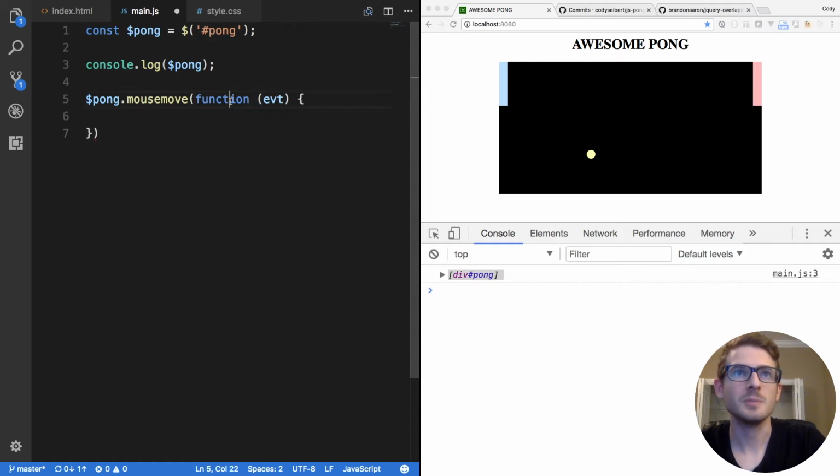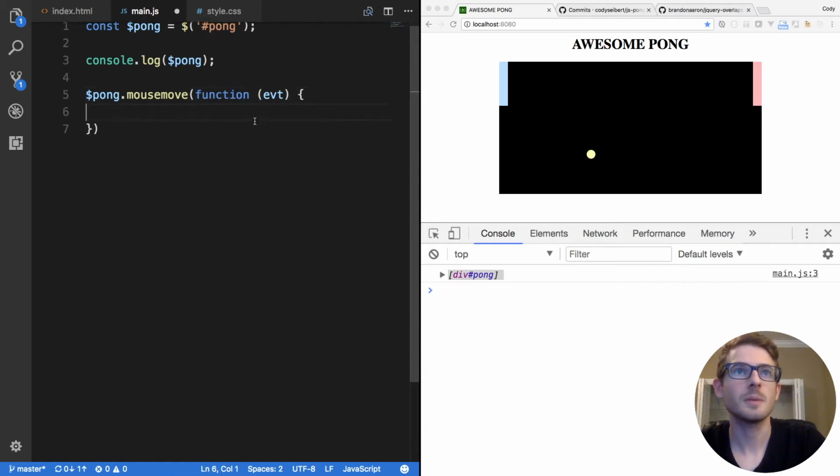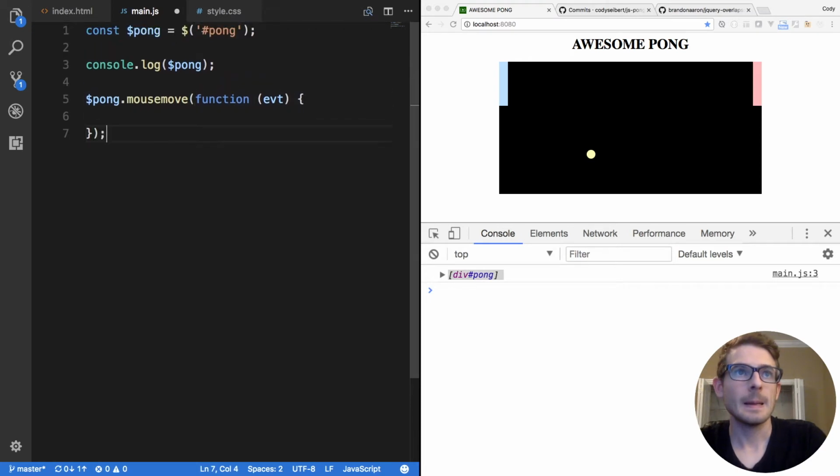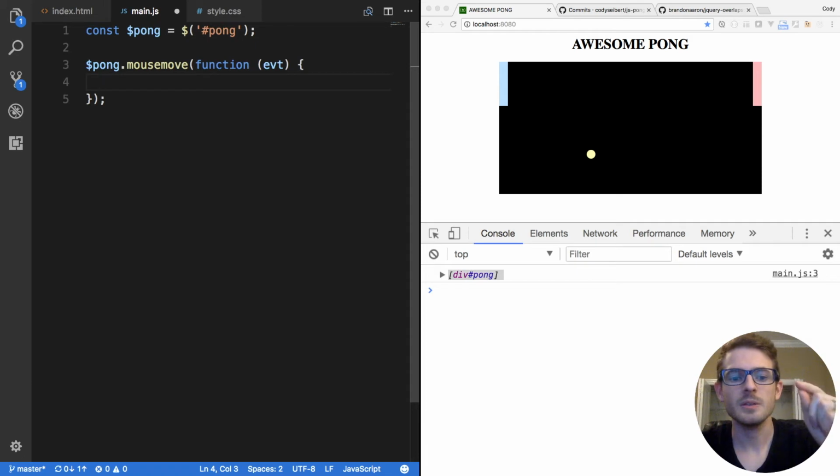I like to put spaces between my function names and arguments, and I'll probably forget semicolons throughout this because I tend to forget those, so my bad. But okay, the first thing we want to do is figure out where the player's mouse is in relationship to the Pong board, right? So to do that, we can say const top is equal to, and then, actually I can do, let's see, evt dot,